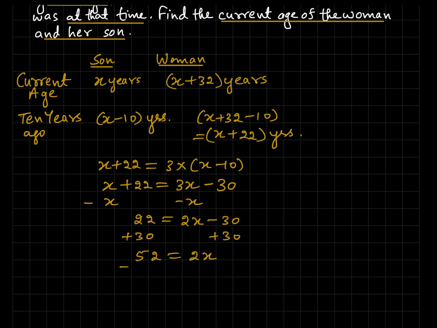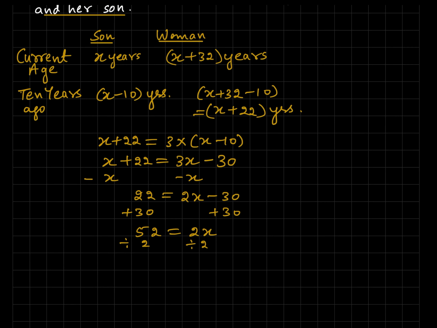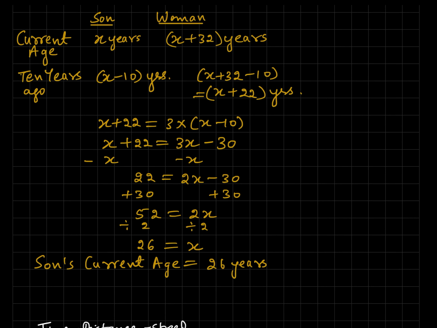Now I can divide by 2 on both the sides. So I will be getting 2 2's are 4 and 2 6's are 12, so 26 is equal to x. It means that son is currently 26 years. So son's current age is 26 years, and that of woman's current age